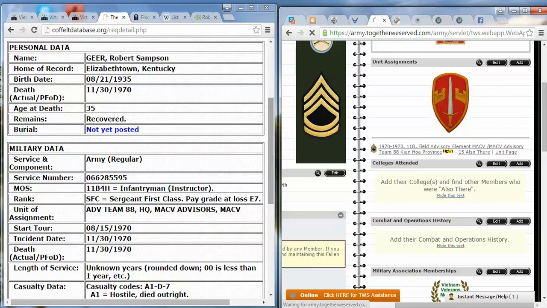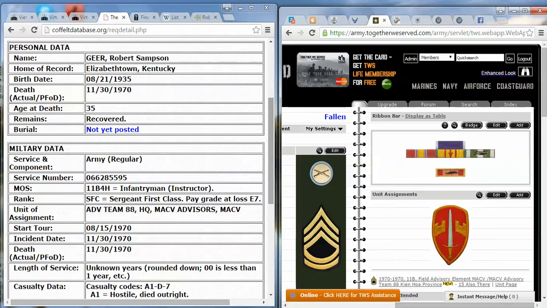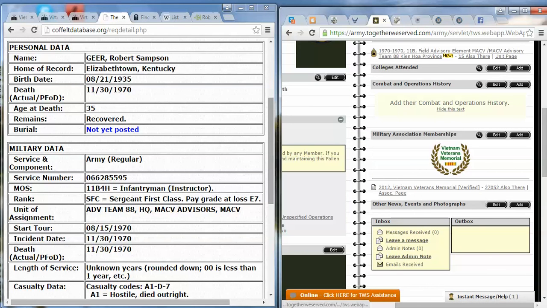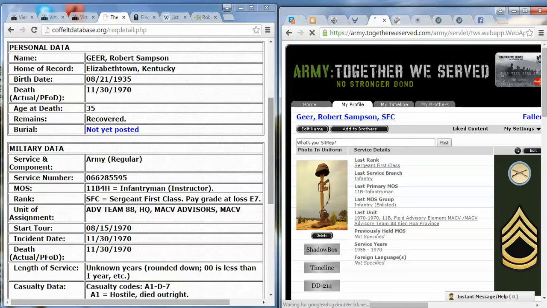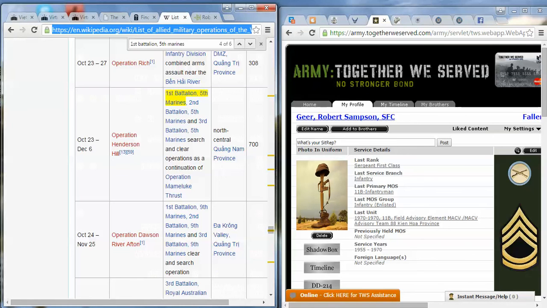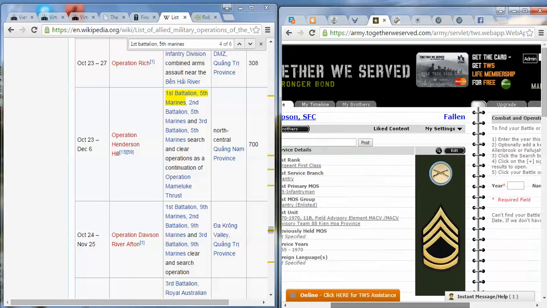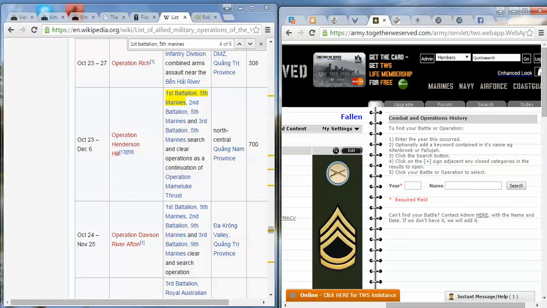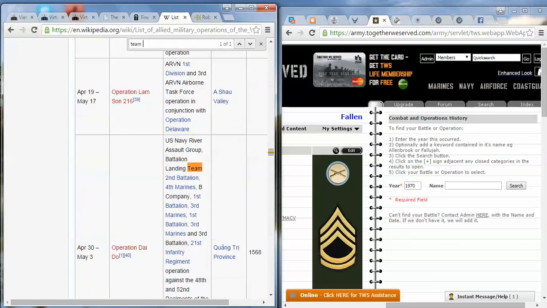Close anything that you don't have information for. Combat operations. Nothing listed for that unit, so put in Vietnam.